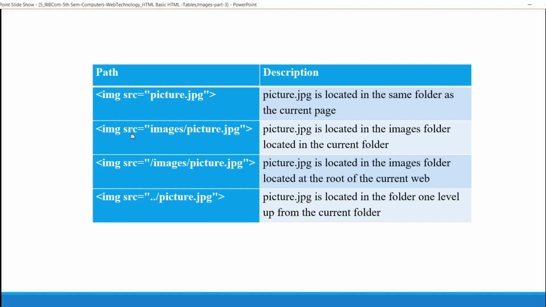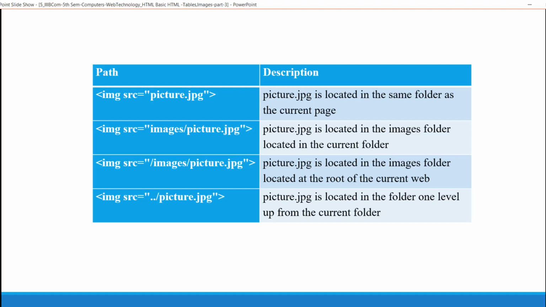Next, coming to image source equals images/pictures.jpg. This picture.jpg is located in the images folder located in the current folder. For example, our current folder is images. I have taken text.jpg. This text.jpg is located in the images folder. This is our current folder.